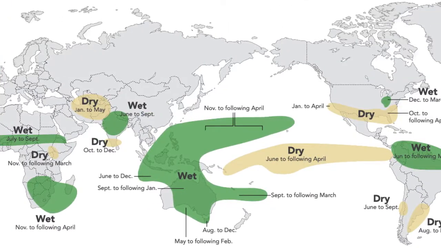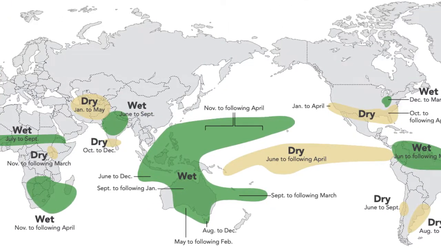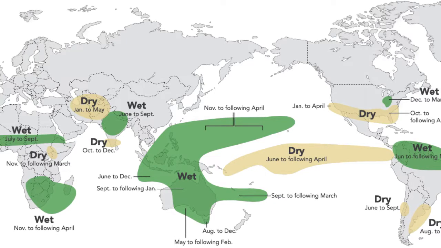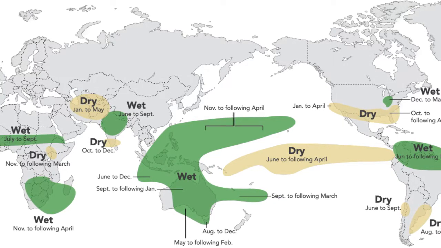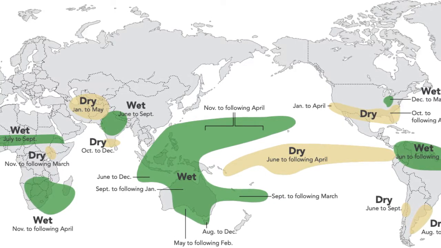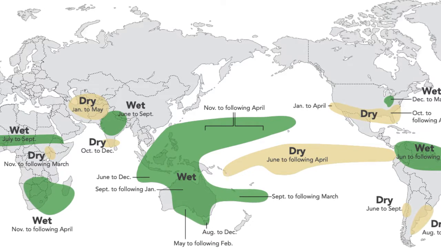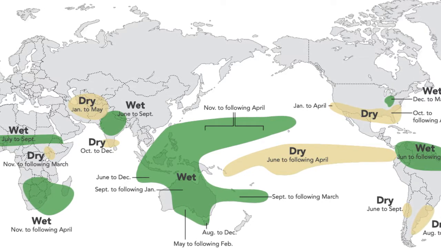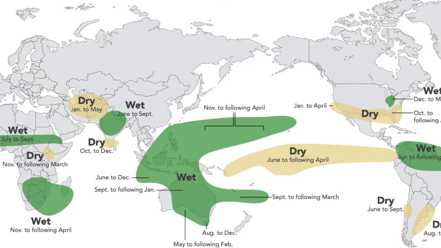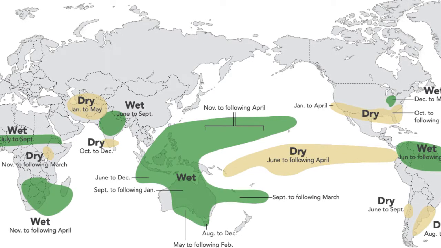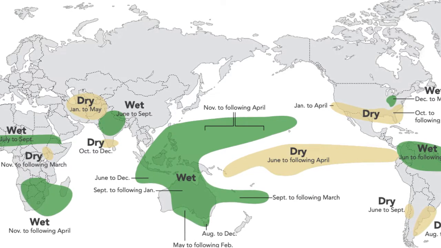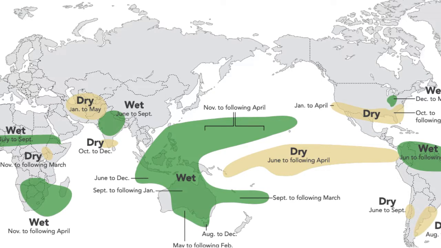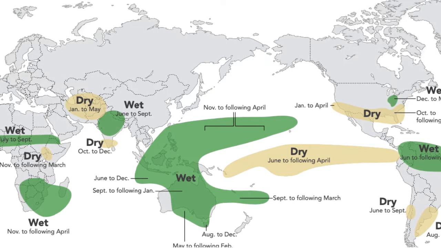La Niña events are enhanced phases of the neutral state, when the air pressure is lower than normal across Indonesia and higher than normal in the East Pacific, and the intensity of the trade winds increases. Warm water piles up around Indonesia and increases precipitation in the region. Strong upwelling occurs in coastal equatorial South America, and there is increased precipitation in the western Pacific, which can lead to flooding.